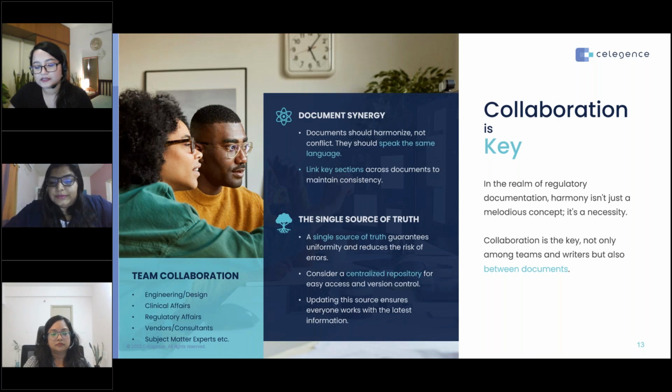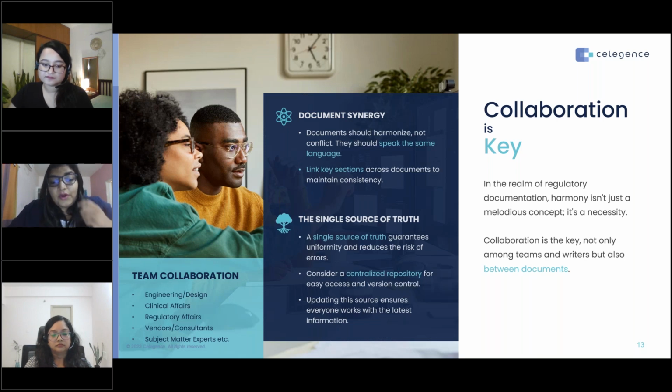Or at times you have a post-market surveillance plan, but it does not refer to a PMCF activity that you already have planned or already have ongoing, but there's no reference to it, or the requisite details are not included. We routinely see comments that say that the findings of your CER are not aligned with your risk documents, or that your PMS plan does not have this information fed into it. So to minimize these kinds of observations, what helps is to have a single source of truth